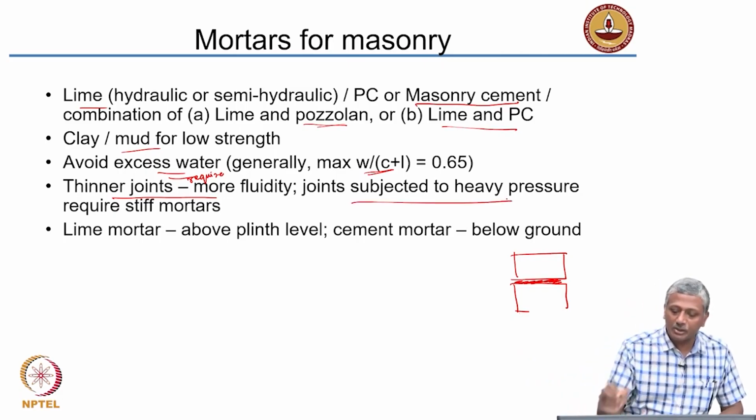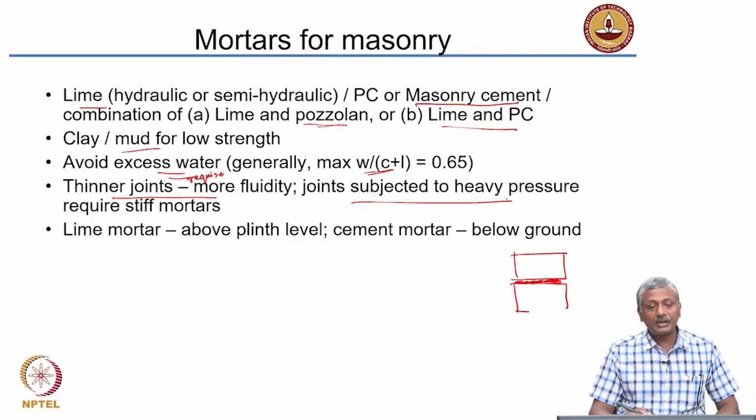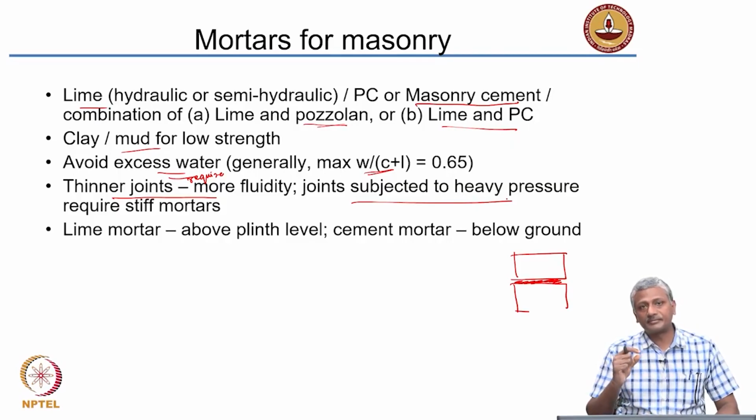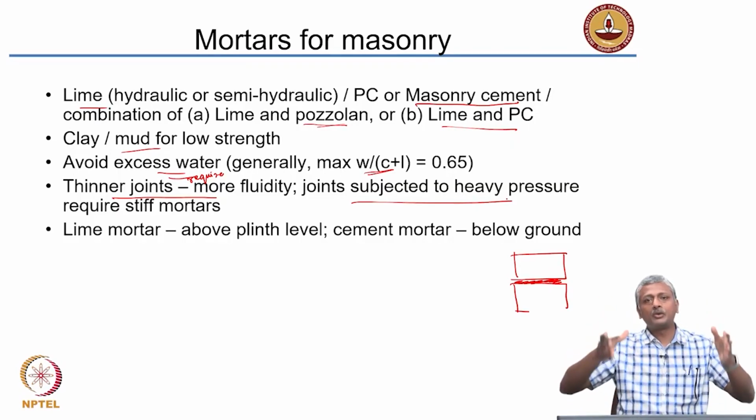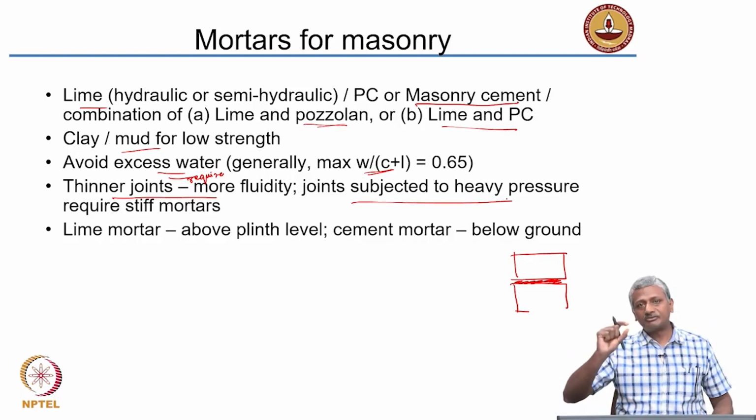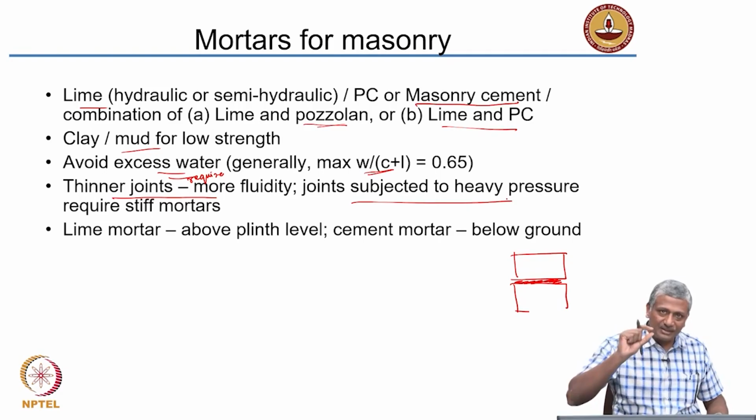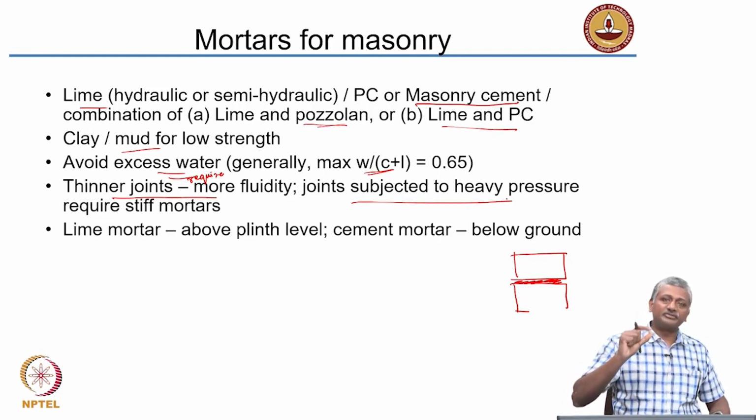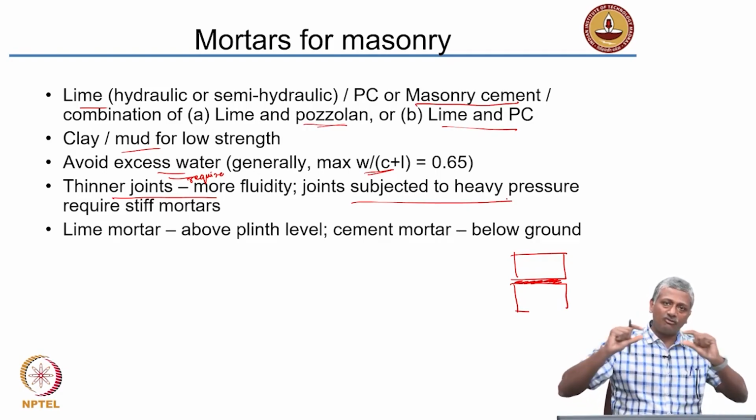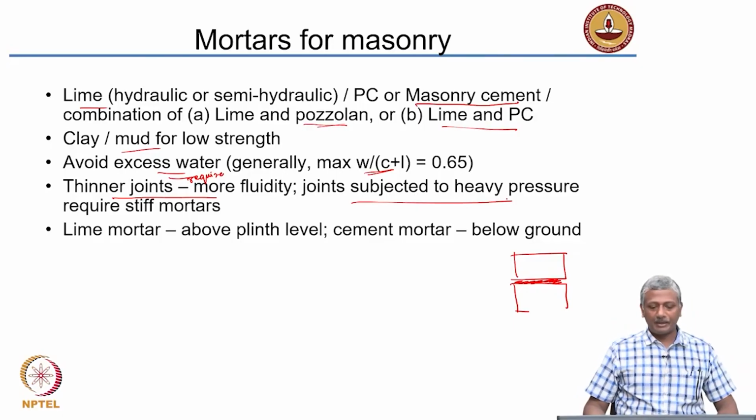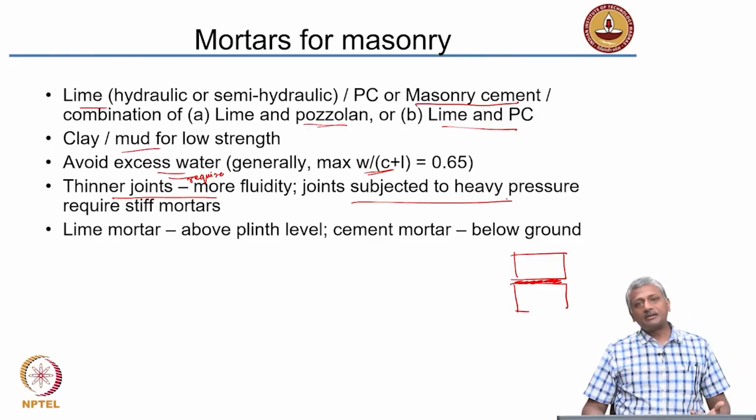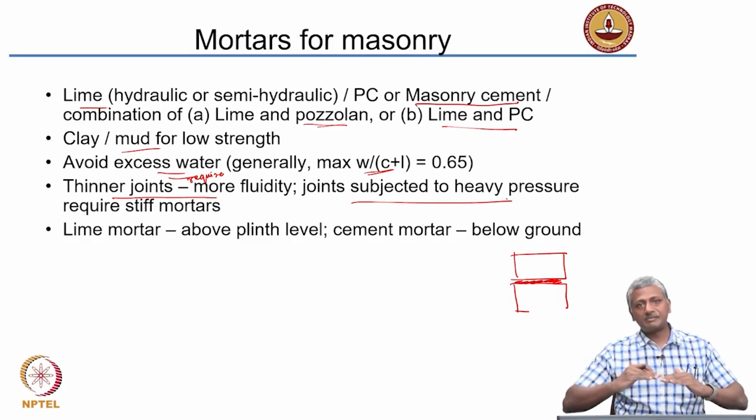But joints that are subjected to heavy pressure require stiff mortars. So if, for example, very heavy loads are coming, the mortar itself should be designed in such a way that even if the joint itself is thin, the mortar should become stiff to ensure that it does not deform out too much. In choice of materials, we generally use lime mortar above the plinth level and cement mortar below